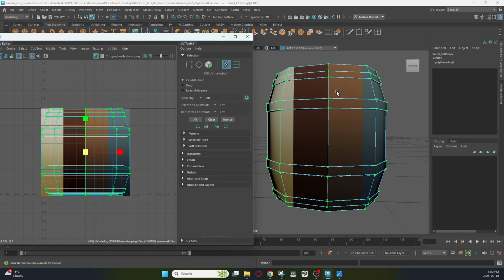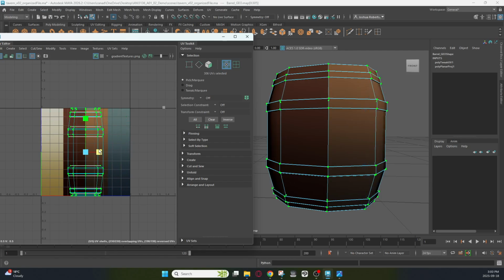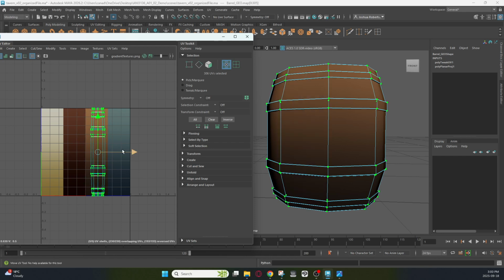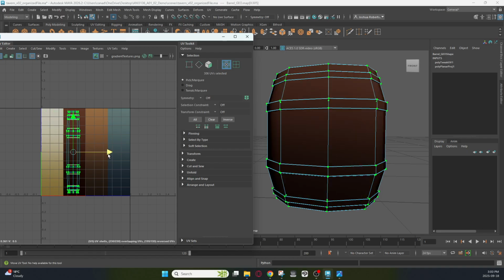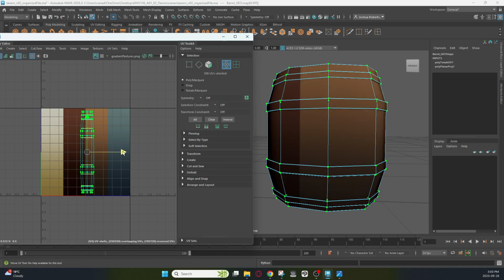That's just the same as inside of Maya's workspace. It's using W for move, E for rotate, R for scale. So I'm going to just scale this in so it's thin enough to fit with whichever color I want my barrel to be. So if I want my barrel to be like a lighter wood color, I'm going to go here. If I want it to be more of a dark oak,